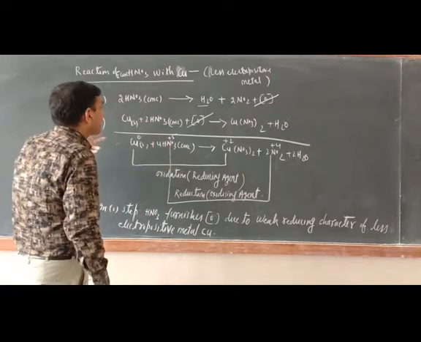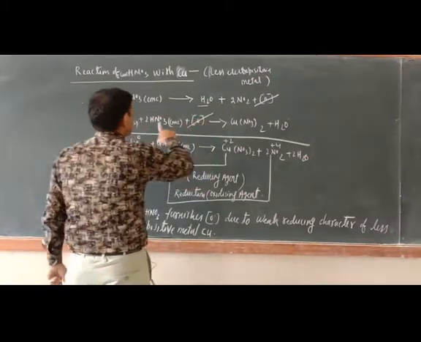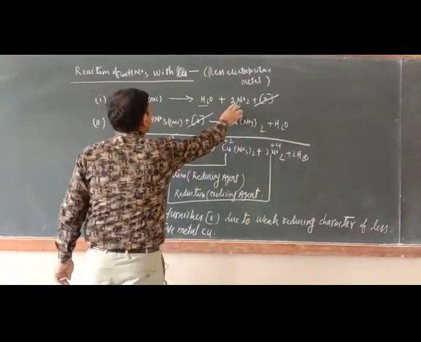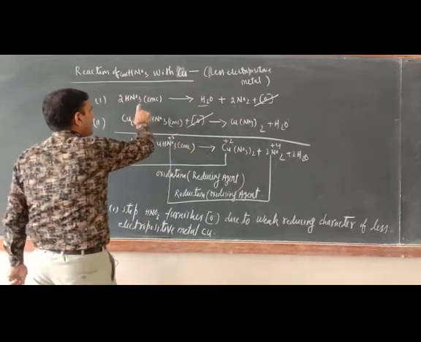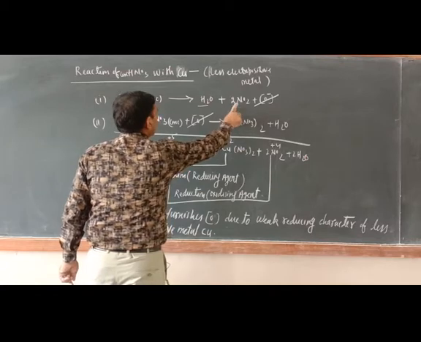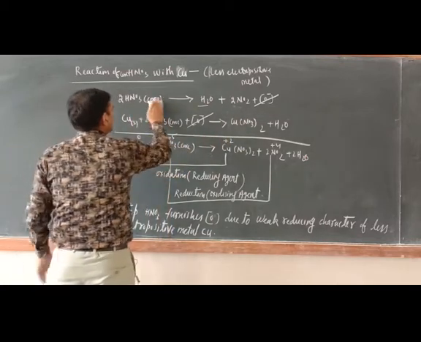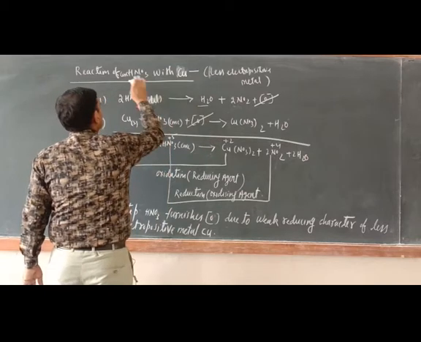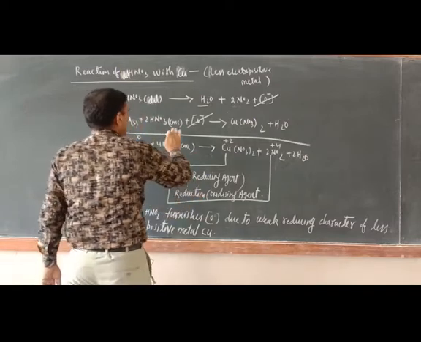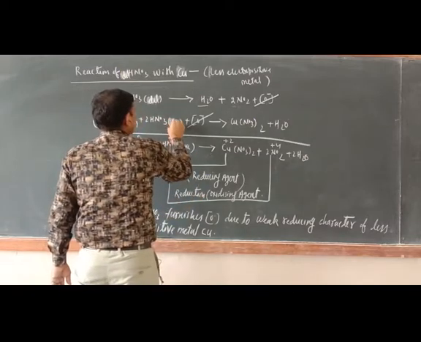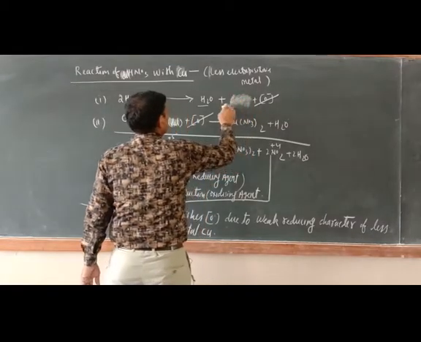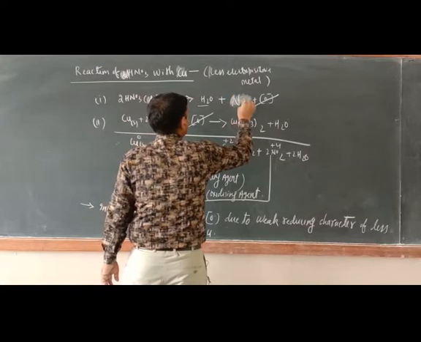Now what about with the dilute? Just see, with the dilute HNO3, the steps will be the same only. Here the product will be different. Since copper reacted with concentrate HNO3, the product was NO2. Now when this is dilute, just change this one to dilute. Here also write dilute HNO3. The rest everything will be the same only. This product only will change. Now this time the product is NO.